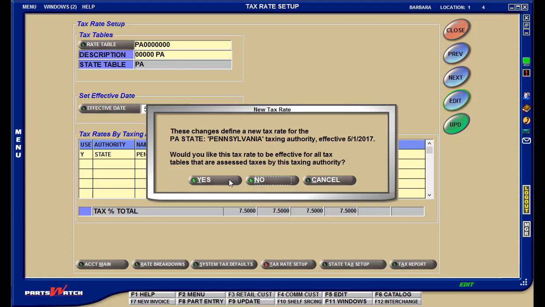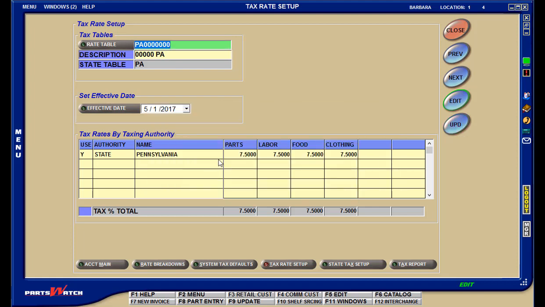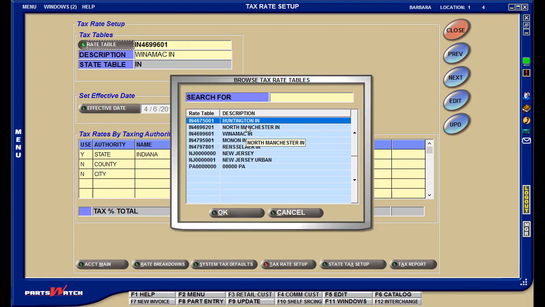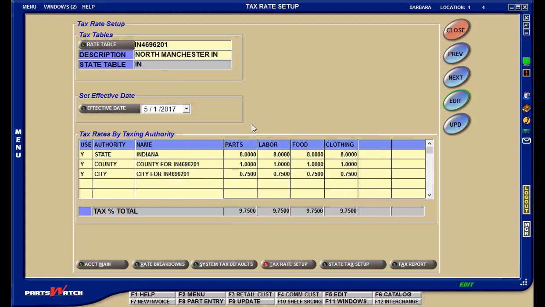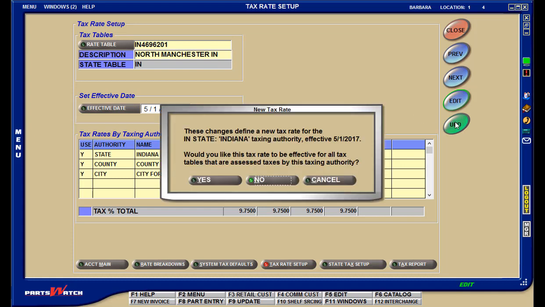Okay, now if you made changes to more than one taxing authority, when it prompts for the first one, say the state tax rate, say yes if there are more rate tables for the state and the tax is the same across the whole state. Or say no if any of the other rate tables for that state use a different state tax rate.